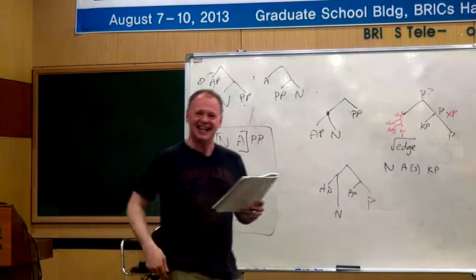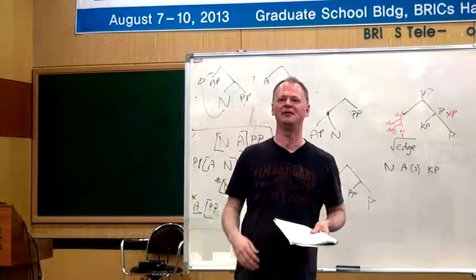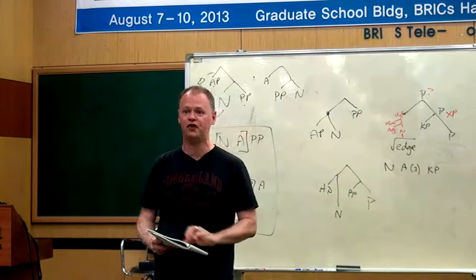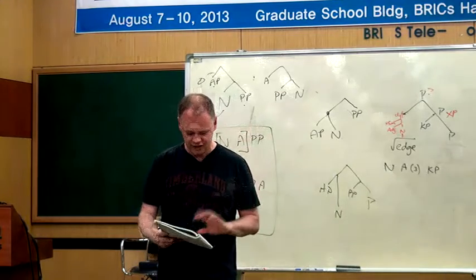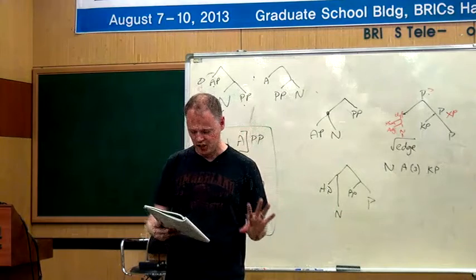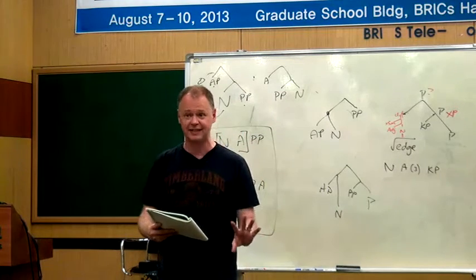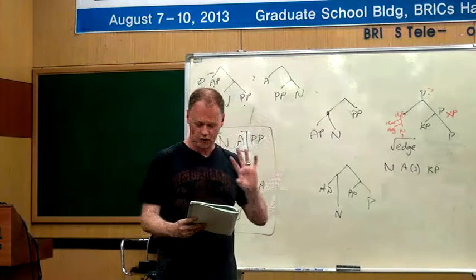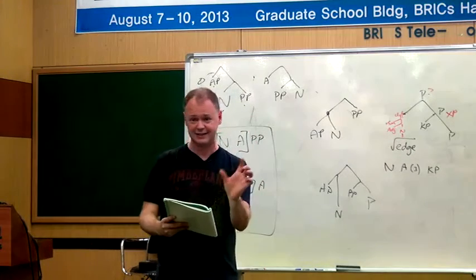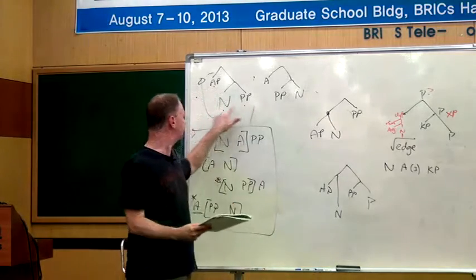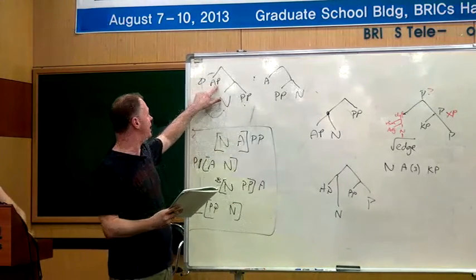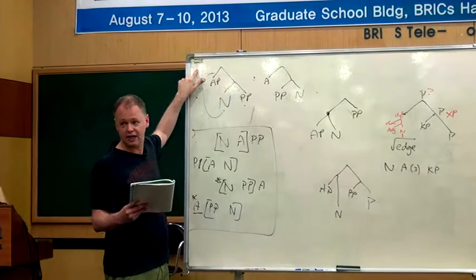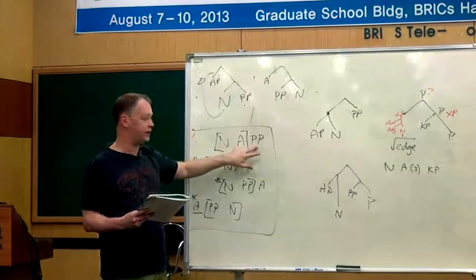Okay, that's fine. And does that mean you're fit to finish? Yes. Okay. So let me just leave you with the tree in 44, and you can think about that overnight. So basically, 44 is the standard analysis of these cases in Romance and in Celtic, and it basically says you've got the picture of Mary as a single constituent. And then what we do is we put big above that, and then we raise the noun up into a higher position. Okay, and that's why we get NAPP order.